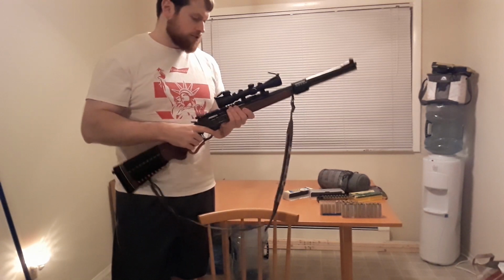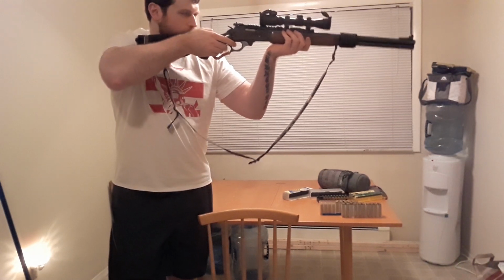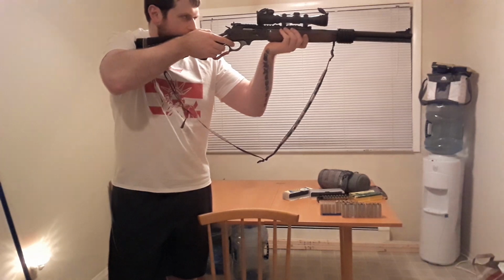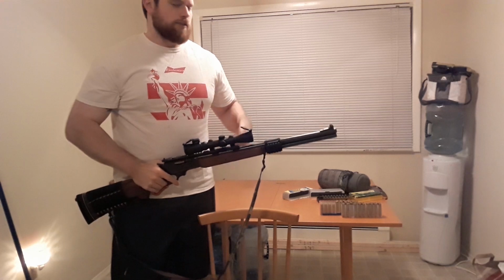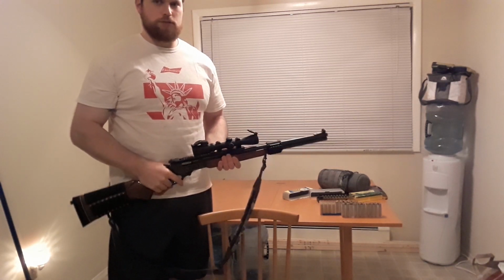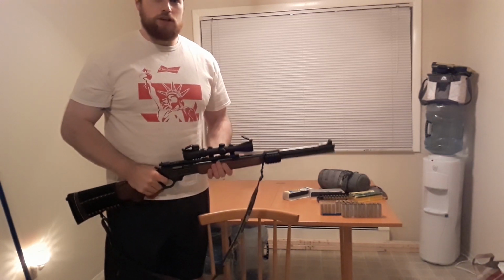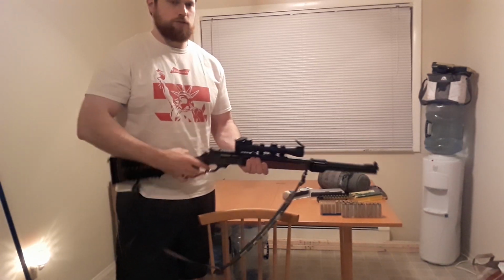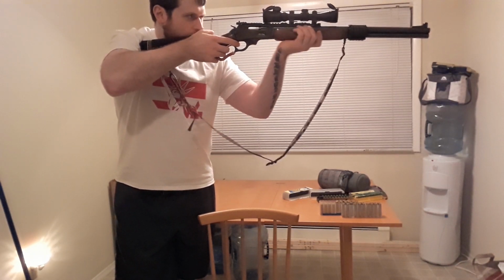With the forward-mounted scope, I have it on 2 power, and at 2 power, when I bring it up, it's pretty much like a red dot sight. As soon as I bring it up, the crosshair is right there, and it allows for very fast target acquisition. So if I'm hunting or maneuvering through tough brush, and the shots are 50 yards or even less, this Scout scope is very useful for quickly throwing the gun up, and I can acquire my target really quickly,